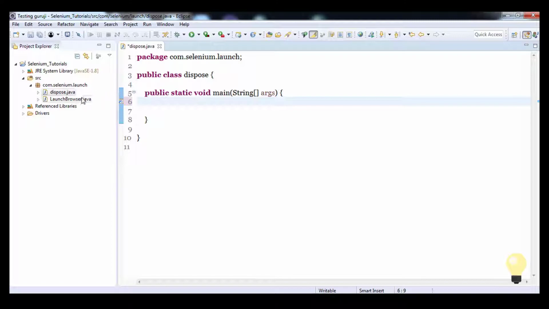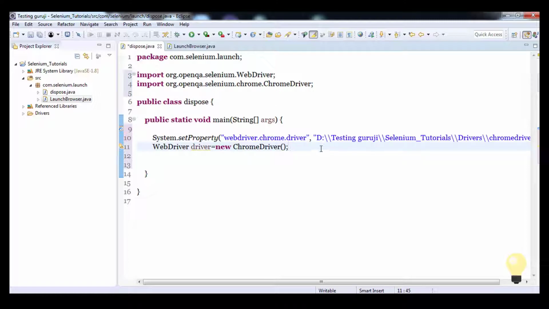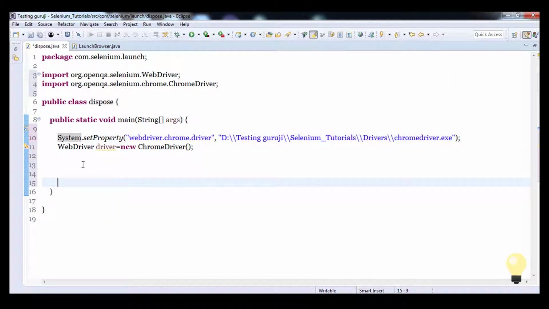Delete this and use System.setProperty, paste the path of the chromedriver.exe, and let's begin.